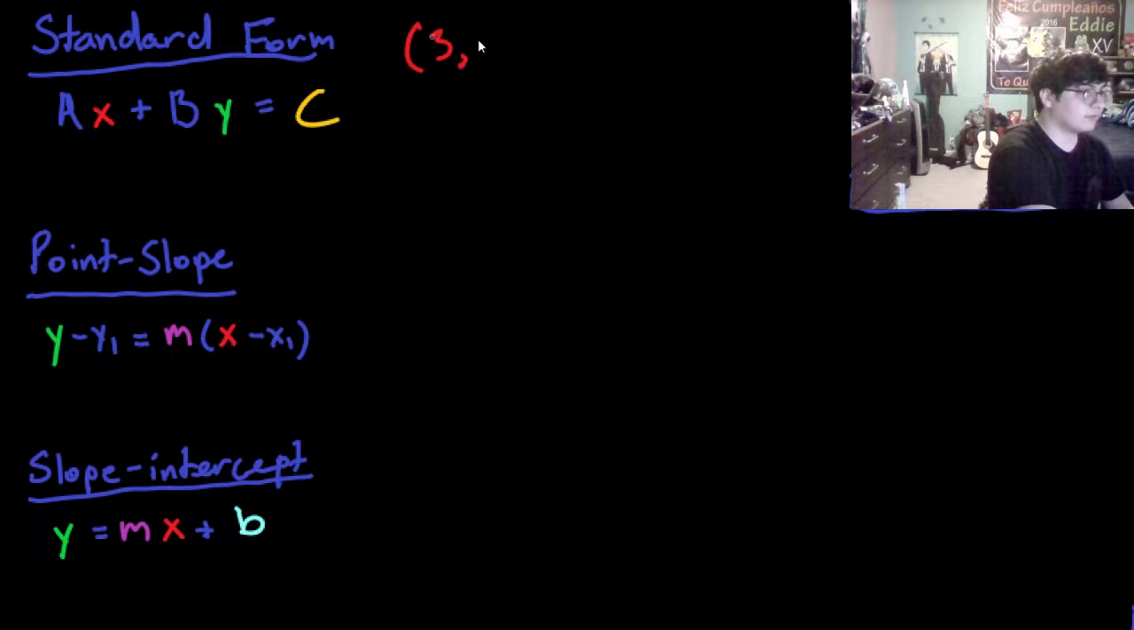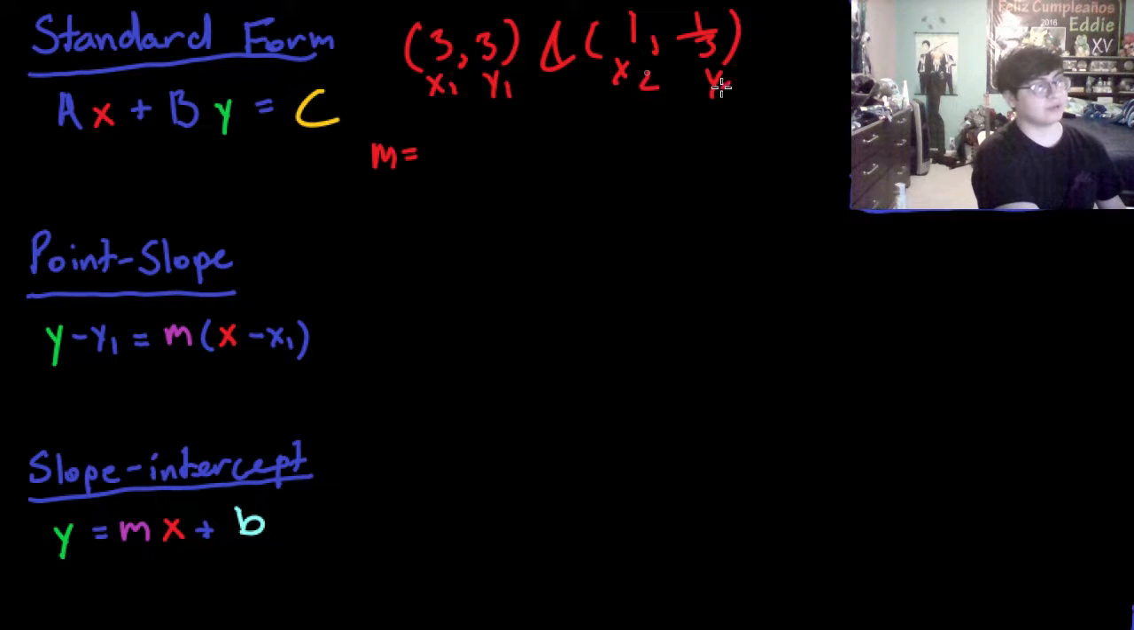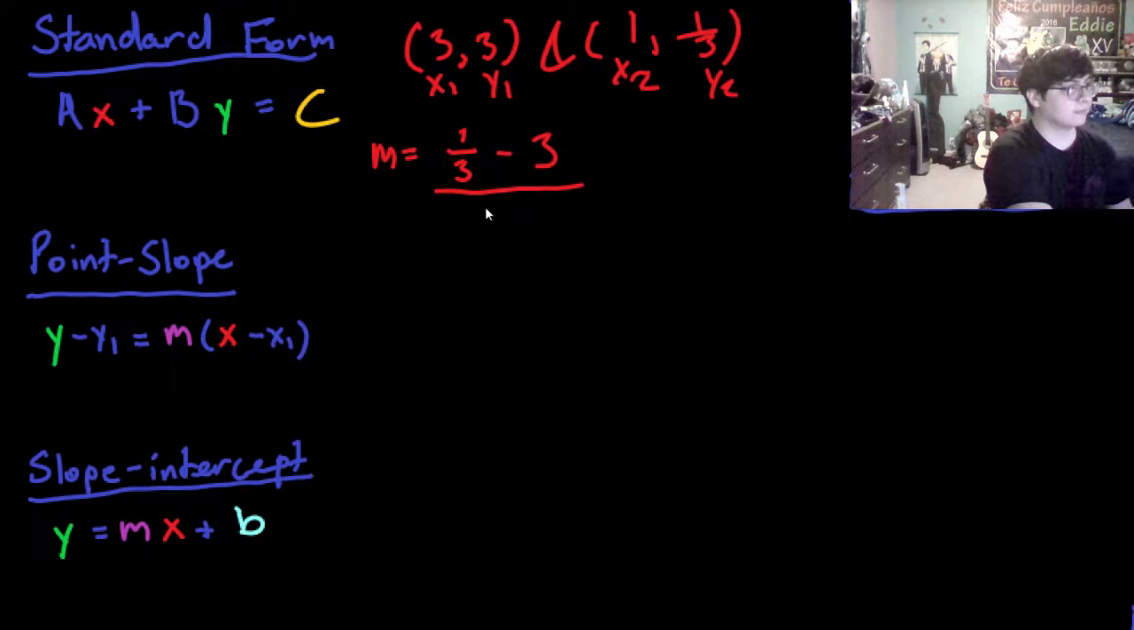with the points 3, 3, and 1, 1/3. Let's put that into our slope formula. So let's just say this is x1, y1. Then let's say the other one's going to be x2, y2. Oops, sorry for my sloppy handwriting there. There we go. So let's just say 1/3 minus 3 all over 1 minus 3,